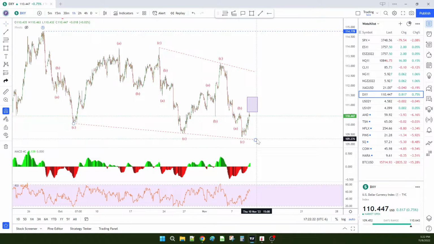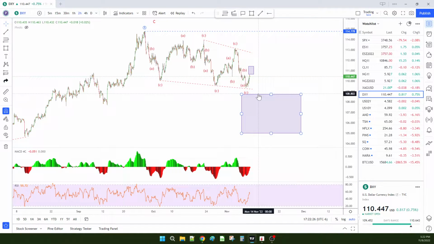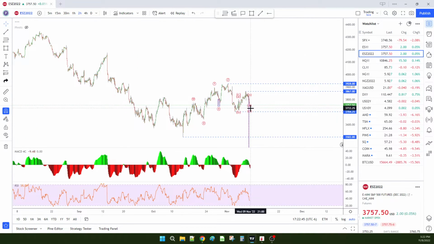So the dollar will reverse down, and like I've been saying, I've actually been targeting this zone for the dollar to come down to. So maybe inflation is not as bad and it reverses from this zone and comes down into this zone, and then we go up. In which case, then I would think that the S&P is going to be going up to break this top one more time.